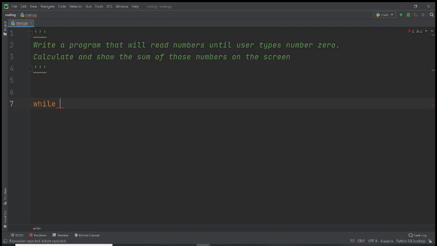So inside the while case, we need to type exactly the opposite, what is needed to happen in order the loop not to be terminated, but to carry on processing. So in that case, we need to type while, for example, number, let's call our variable, is not equal, that's the symbol for not equal, to 0,